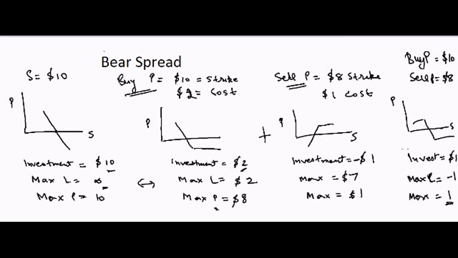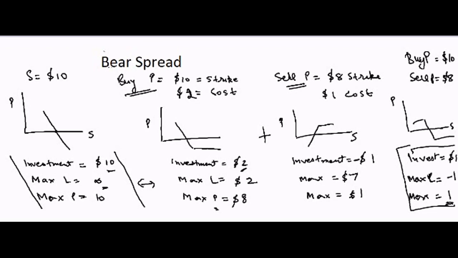If you compare this scenario with the scenario here, you will see that your losses are much less, and your investment is much lower. However, your maximum profit is also low. But in this case it should be reasonable, because you think the stock price is not going to go below 20%, or go crazy to $5 or $4. So you are lowering your profit limits, but you're also lowering your investment and the risk.